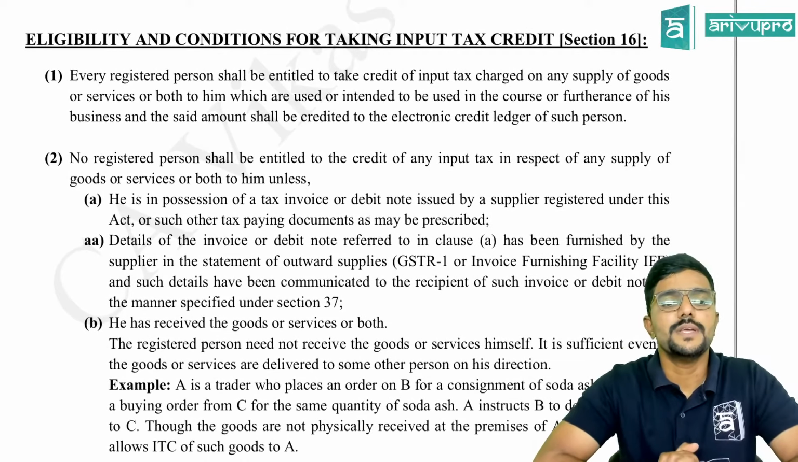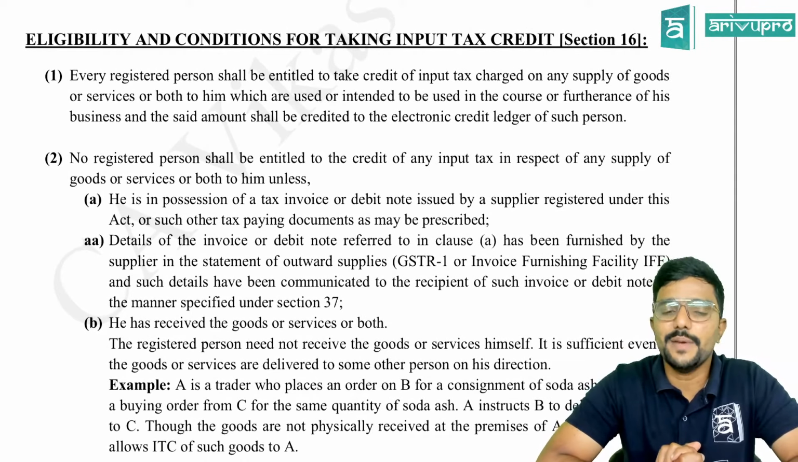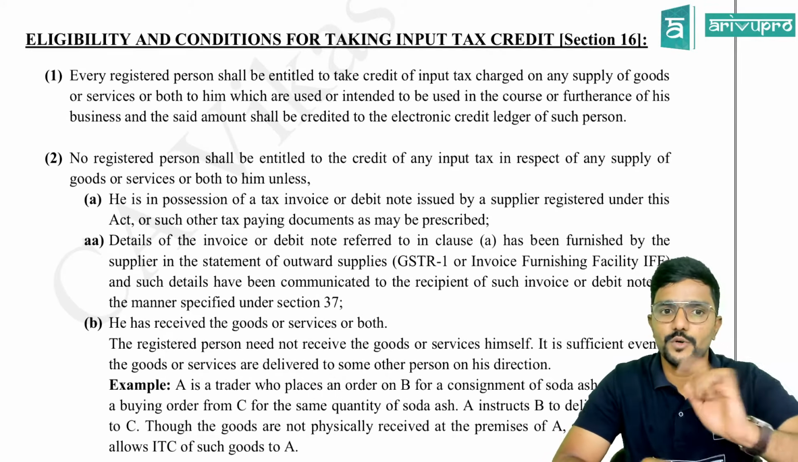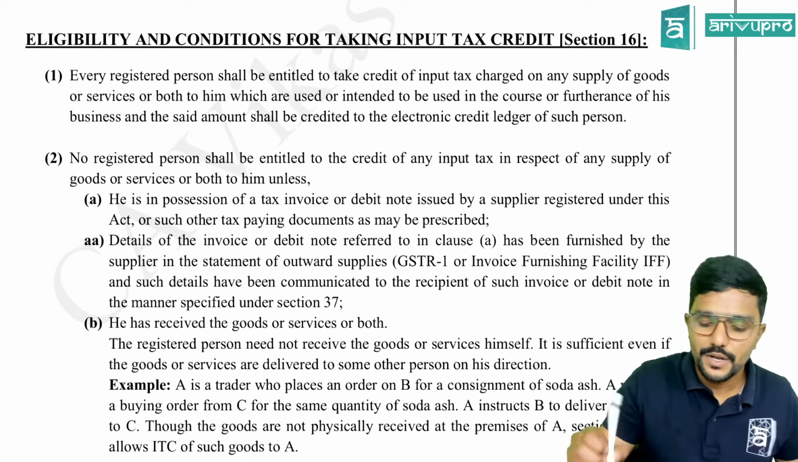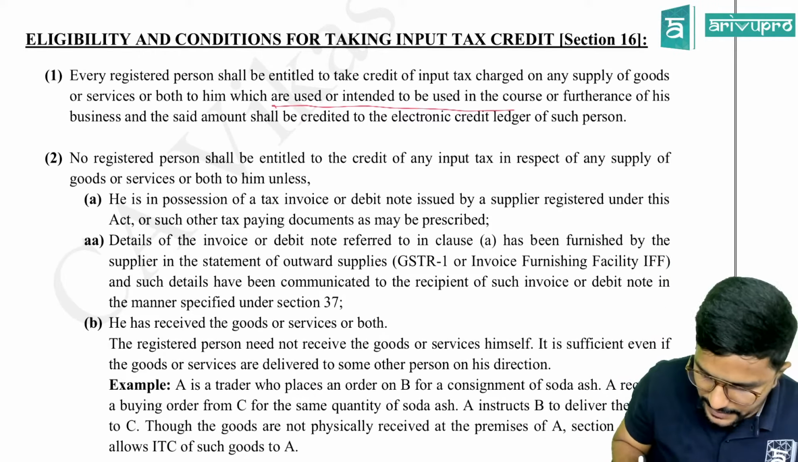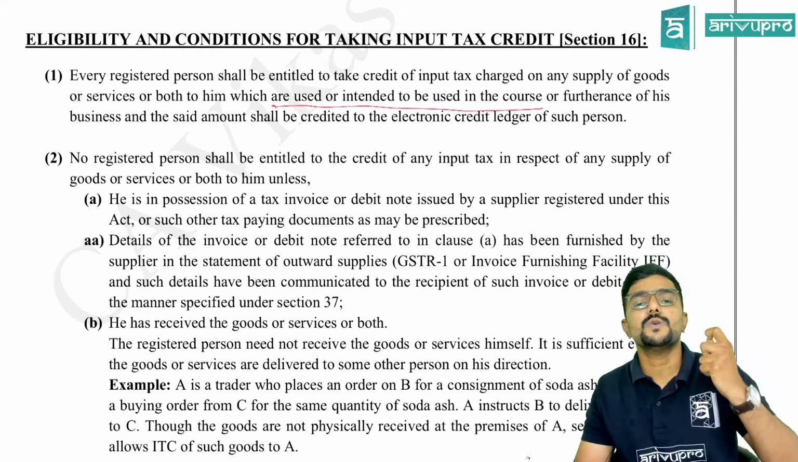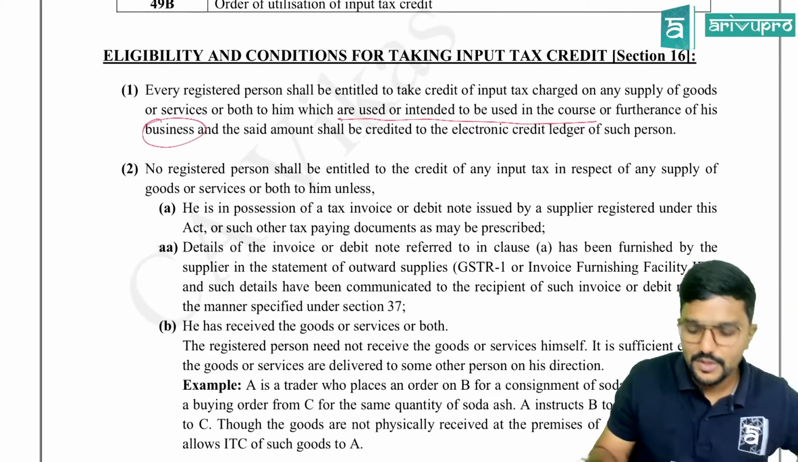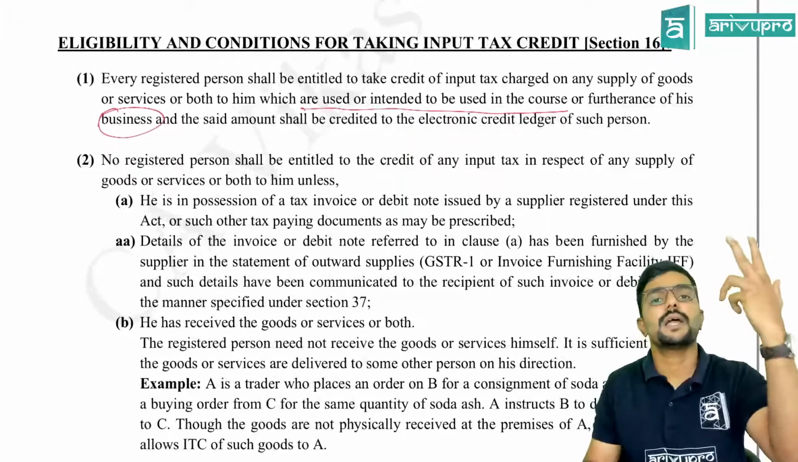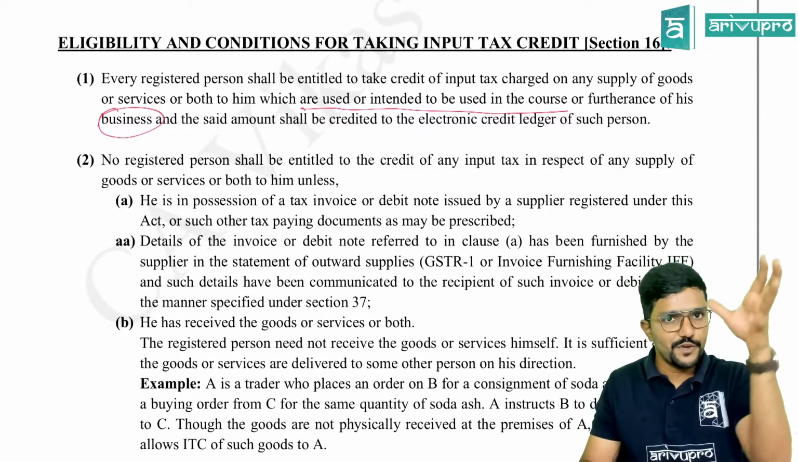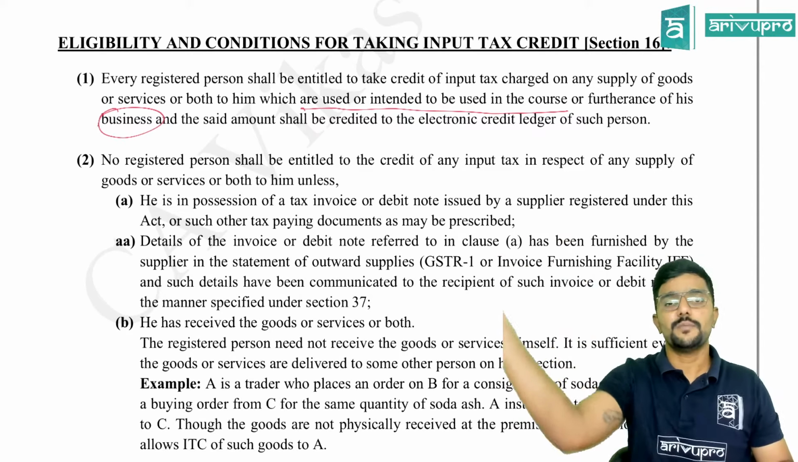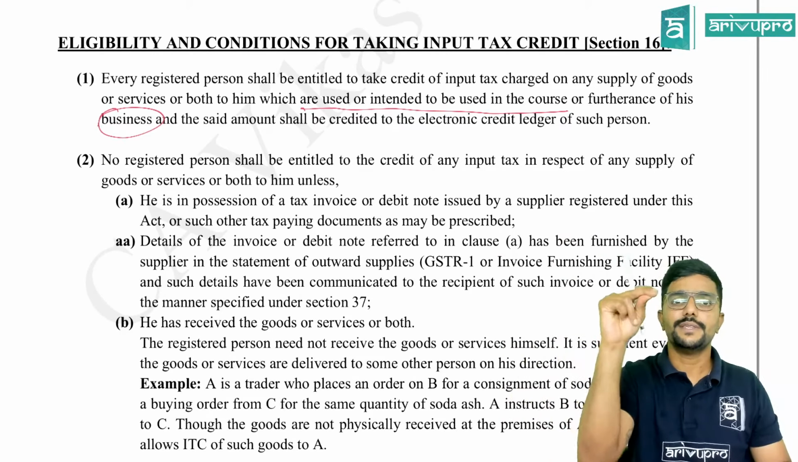subsection 1. Every registered person shall be entitled to take credit of input tax charged on any supply of goods or services or both to him, which are used or intended to be used in the course or furtherance of business. Means whatever input or input service or capital goods you are purchasing, if you are using it only in your business or to be used in your business, that is in the future, only then you can claim the